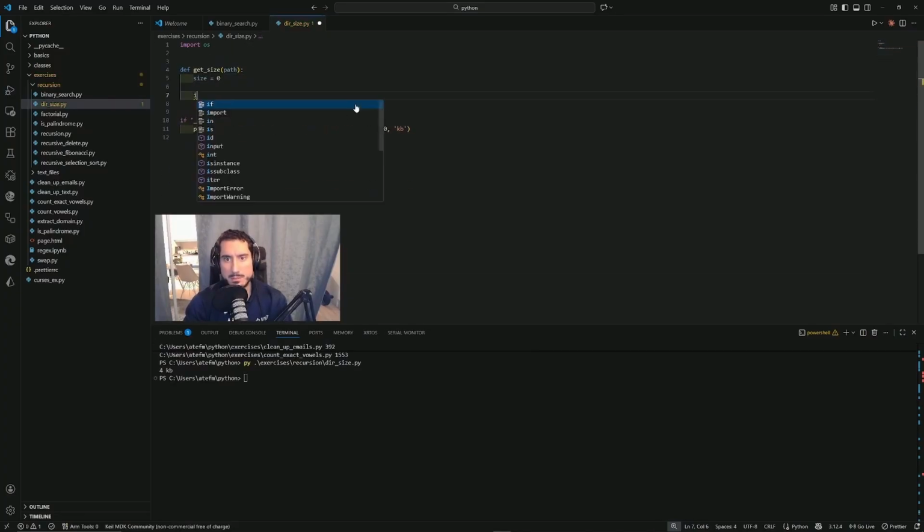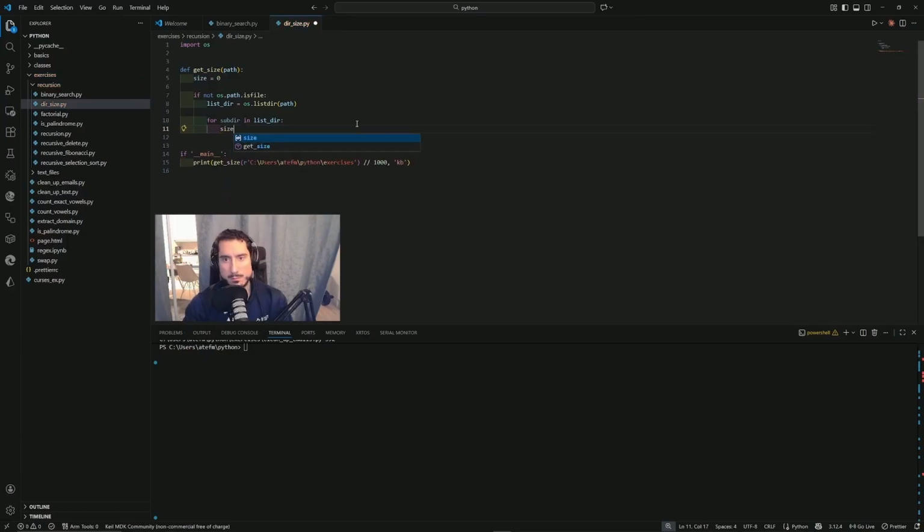After declaring the size, we have to check if the current path we are in is not a file. We have to write if not os.path.isFile. And now we will list the directories inside, and we're going to use os.listdir and pass in the path. And then we start a for loop to explore the subdirectories inside each directory: for subdirectory in listdir. We increment the size by the recursive call of that function, where we pass in the path and double backslash